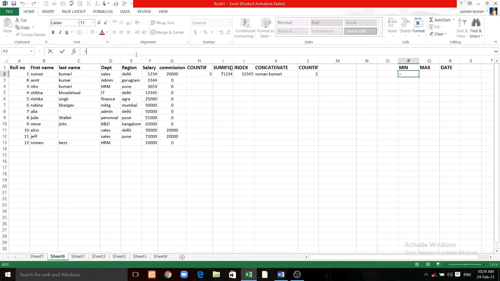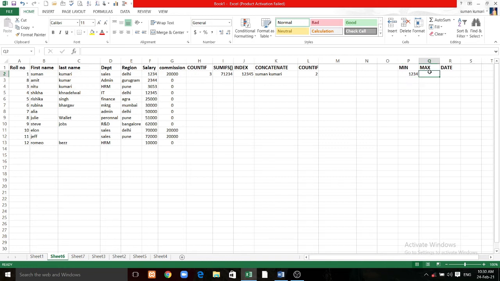So what I have to do is MIN, number 1 and number 2. I need to select the salary column, close the bracket and press enter. Now I get to know that 1, 2, 3, 4 belongs to Suman. Suman is earning less salary than the other employees.